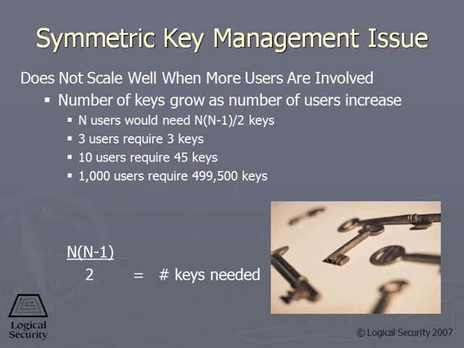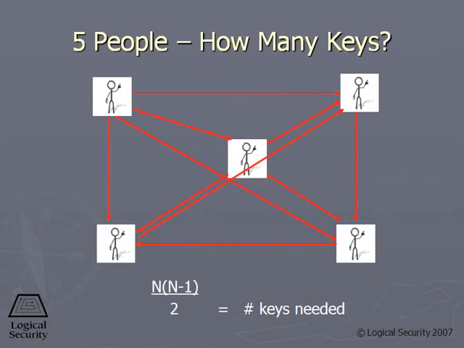And to be able to figure out how many keys you actually need, there's a little formula, which is n multiplied by n minus 1, over 2. So n is the number of users. You multiply that by n minus 1 and you divide it by 2, which indicates how many keys you need. So if you had, let's say, 5 people,